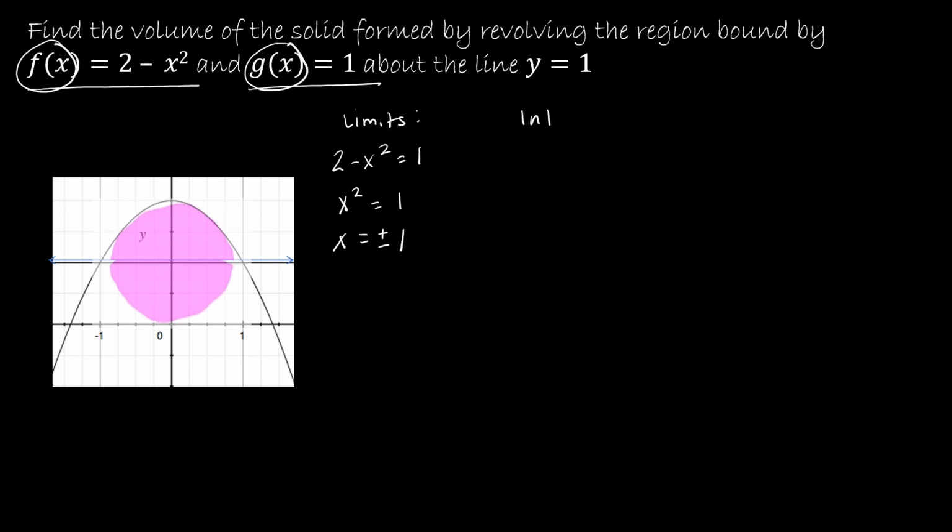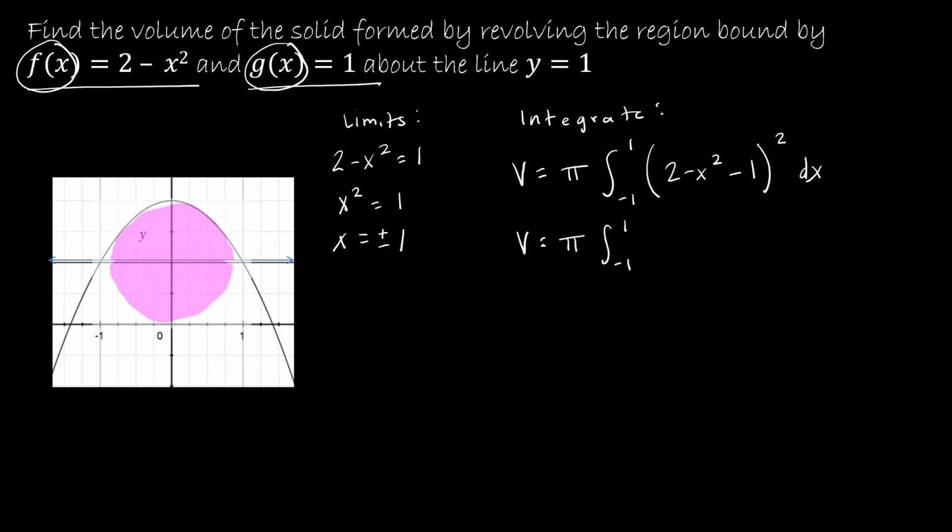Now I'm going to integrate to find the answer. Remember, when I integrate to find the volume, I'm taking pi, and then the limits of integration, -1 to +1, and then my function is f of x minus g of x, which is the correct f of x and g of x in this example. So 2 minus x squared, and then minus g of x, which is 1. That quantity squared dx. So again, just doing some simplification, I get 2 minus x squared minus 1, so that gives me 1 minus x squared,